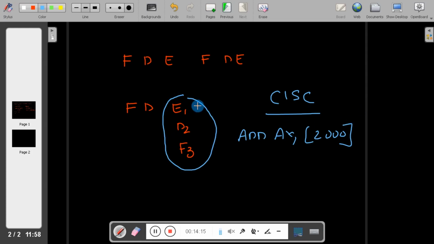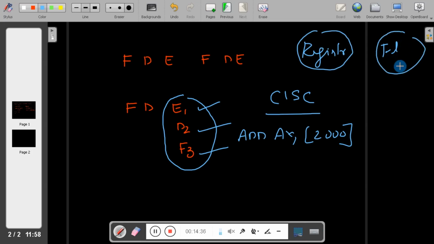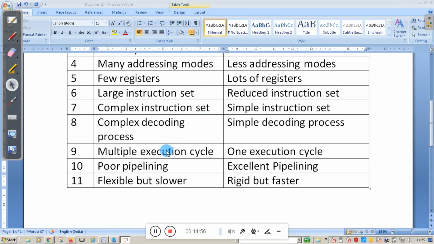But when you take ARM, the execution will take exactly one clock cycle, decoding will take exactly one clock cycle, and fetching will take exactly one clock cycle. That means as long as all the instructions are executed in registers, fetching will take place in memory. That means execution and decoding will not interfere with fetching. Fetching will take place side by side, and executing and decoding will take place side by side. That means all the instructions will be executed, decoded and fetched in one cycle. That will give very good performance. So let me take you once again to our notes.